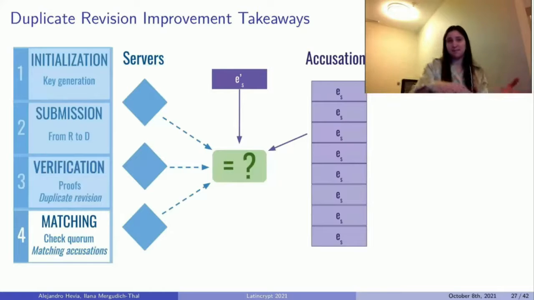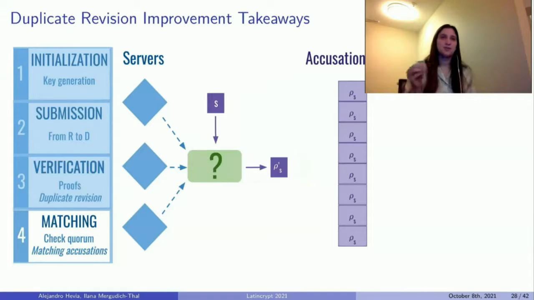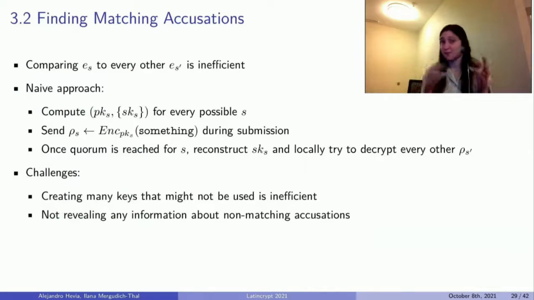So going back to the matching accusations process, remember that we had the accusation that had triggered the quorum, and that what Who2 does is it compares that encrypted value to every other encrypted value in the system, where the servers need to cooperate for each of these comparisons. So we figured out that maybe we could find a way to do something similar to what we just did for the duplicate revision. So we would like something like this, some way that the servers could cooperate once, produce a public value, and with that public value, each server could just locally go and check which are the matching accusations. So in order to do this, we found a way to do it,